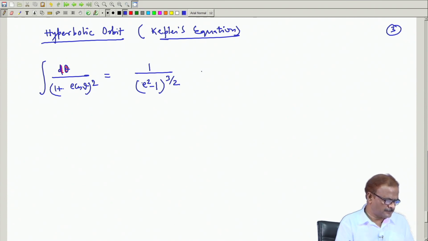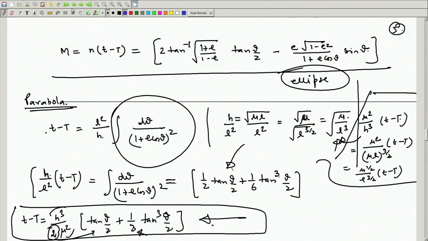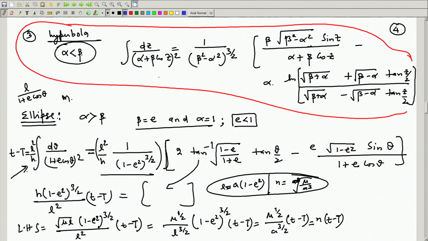now. Here in this case, if we go back to this equation, we are using this equation. So, beta we are writing as E and alpha we will write as 1. Therefore, here in this case you can see that alpha is less than beta. So, that means 1 is less than E. So, this information we are going to utilize.